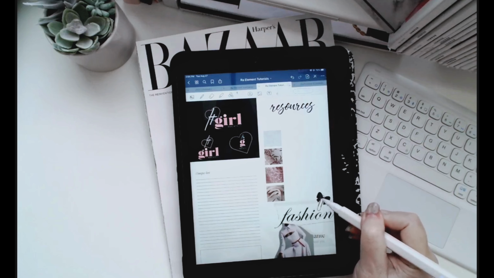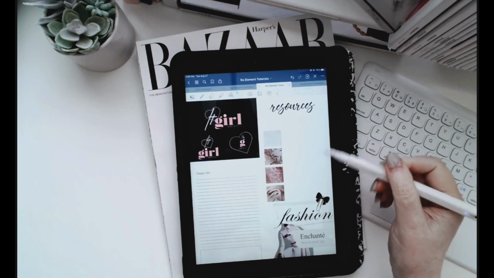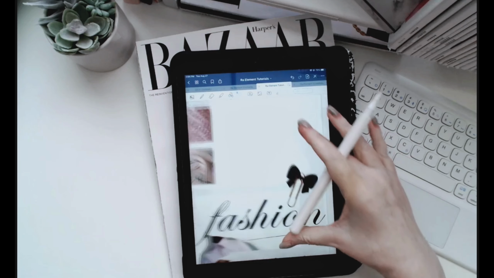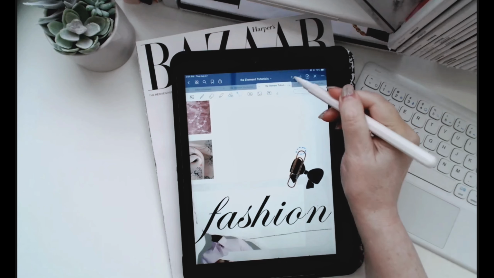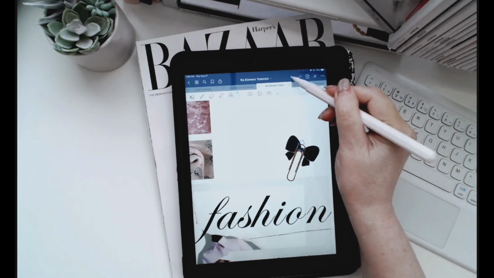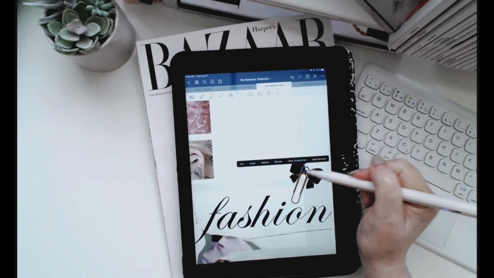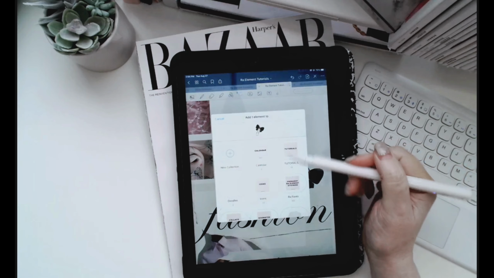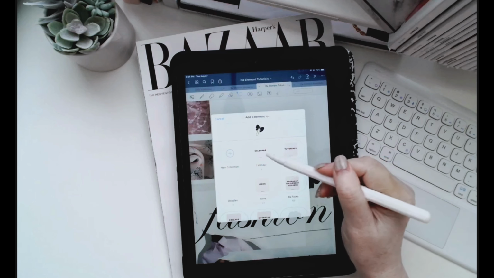So this one might be a little difficult to move just because it's with these other two. I'm going to try to just grab. Okay. So I'm going to select both of them, hit add to element, and the way that I have my folders categorized is I made these